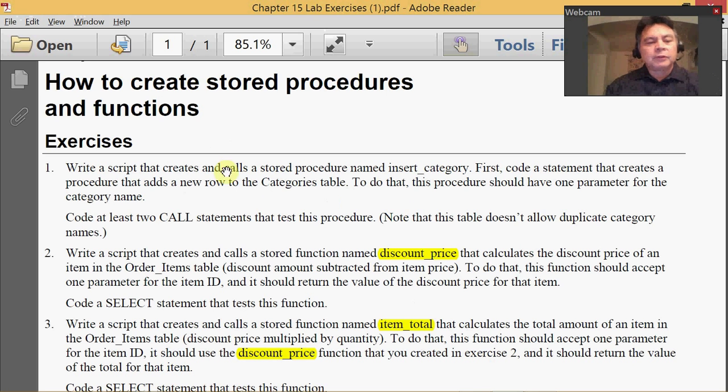So anyway, this first one says write a script that creates and calls a stored procedure named insert category. So you got to first code the statement that creates the procedure that adds a new row to the category table. Okay, again, we're working with